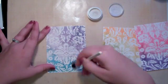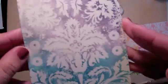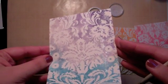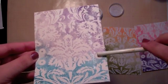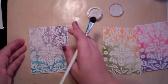I don't want it to be overwhelming, so I'm just going to do one coat of it. But you can really tell when the light hits it. I'm not sure if you can tell up here in the camera, but there's a little bit you can. And you just see that little shiny pearlescent kind of glow, and it just adds a little something extra to